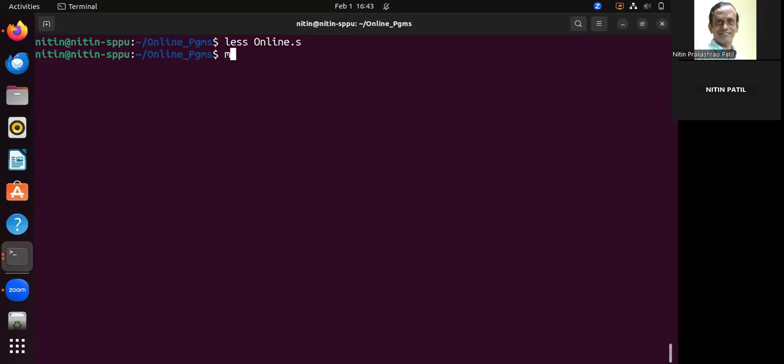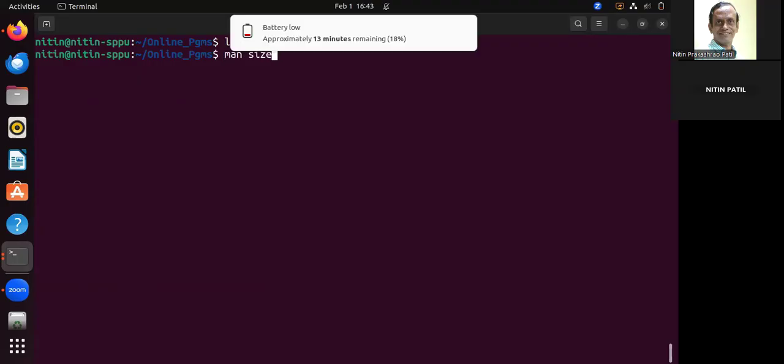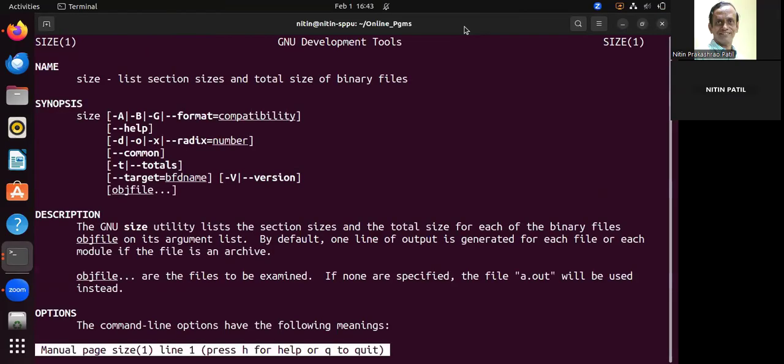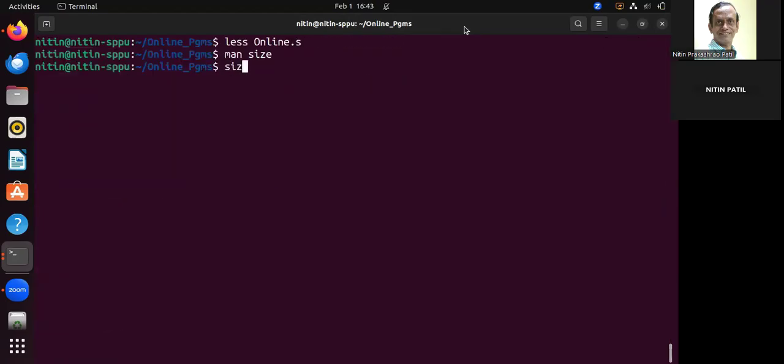If there is a command called size, what it does is display the size of the different sections which are added at the time of translation. So let me write man size. You will see that this command permits you to display section sizes and total size of binary. Now if I write size, for example, on online.o,